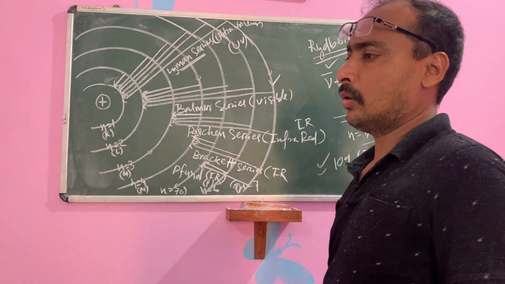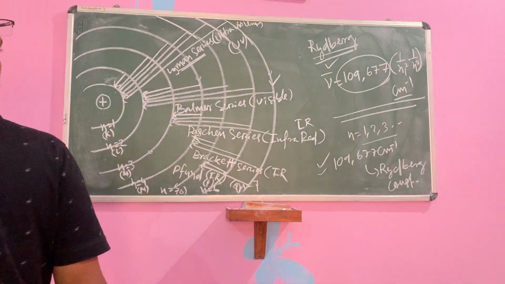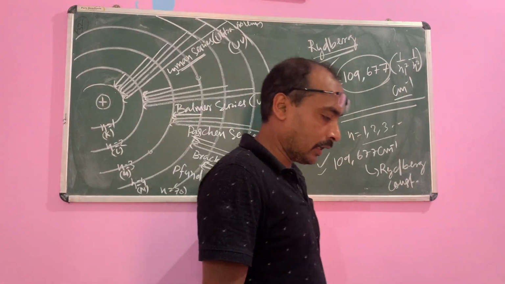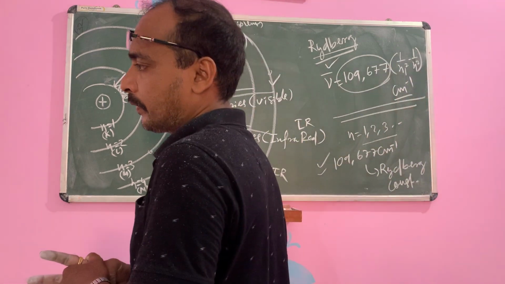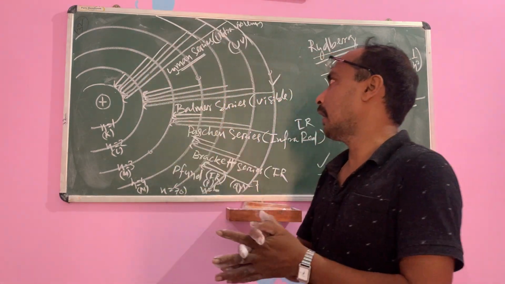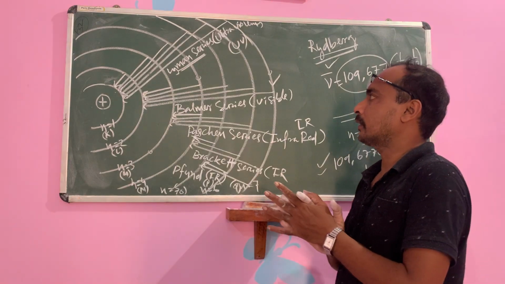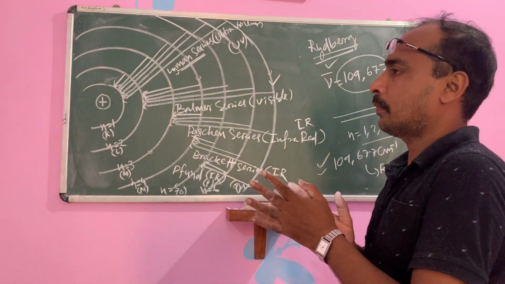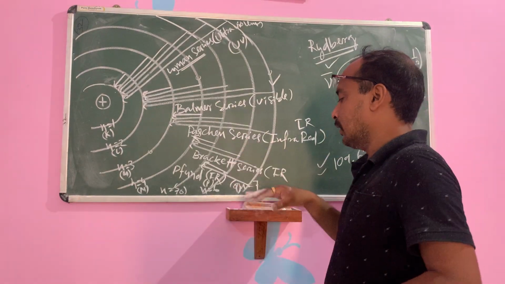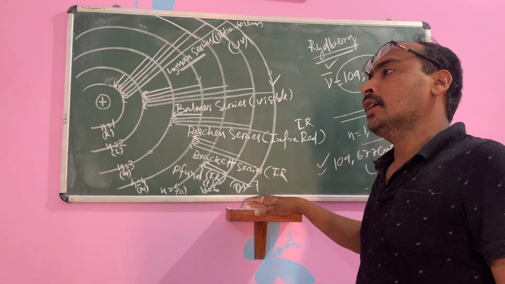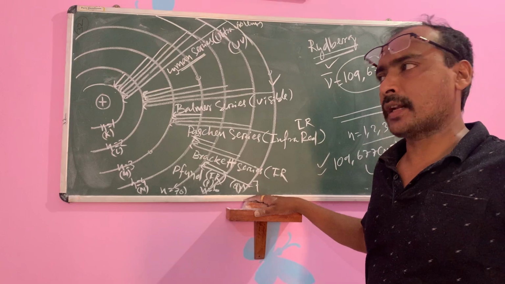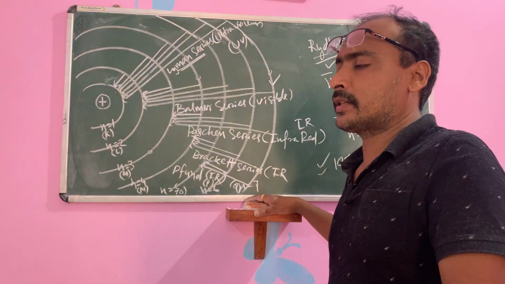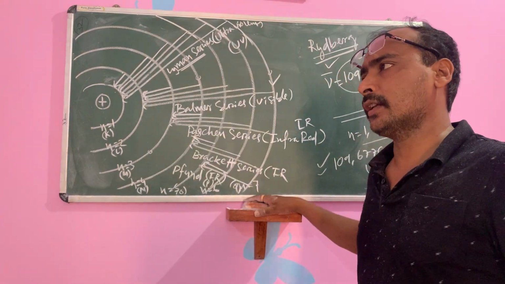So these are all about the dual character of electromagnetic radiations. First is the wave nature, then the particle nature. This is the last part of particle nature, the line spectra of hydrogen. Children, next class we will discuss the atomic spectra, how atoms get excited to form their spectra.